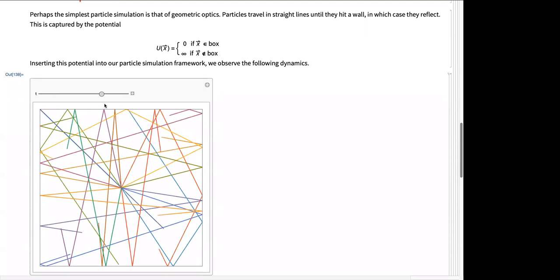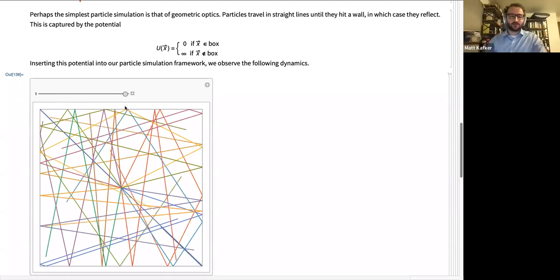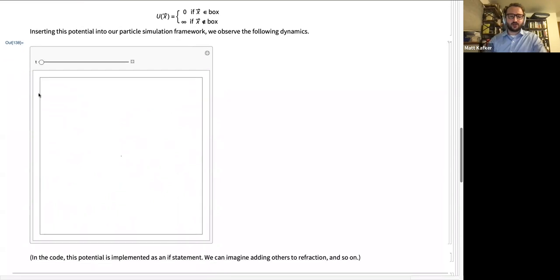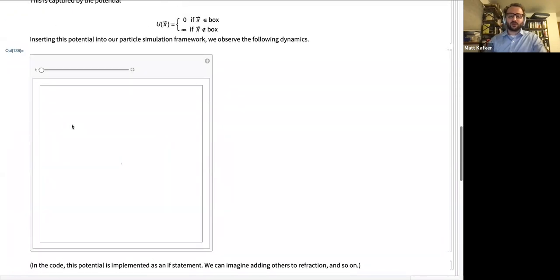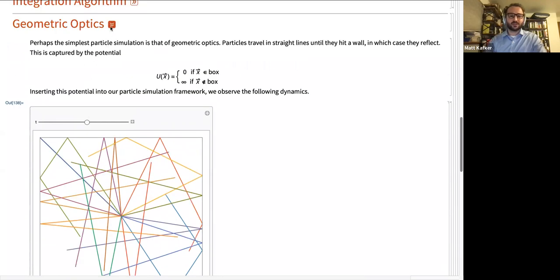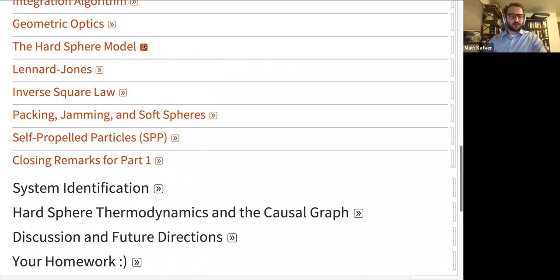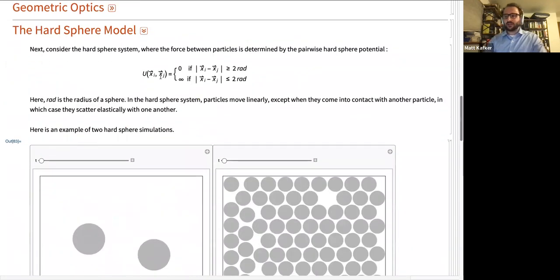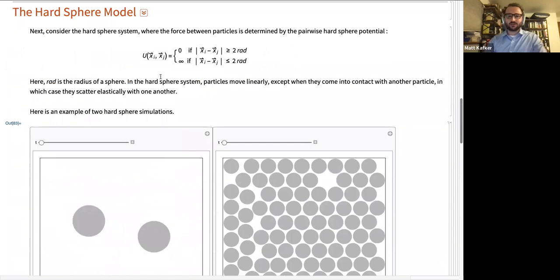all right, perhaps this is not surprising. Our light rays are going to bounce off the walls and do something like this. So really simple starting case, reflecting boundaries here. And if you wanted to add more detailed optics, you could do that with if statements as well. But this is just a pretty good example of the first type of thing that we can do with this simulation technique. Okay, so again, jump in at any time if you want to have a discussion about any of this. I can try to go quickly over the parts that are straightforward.